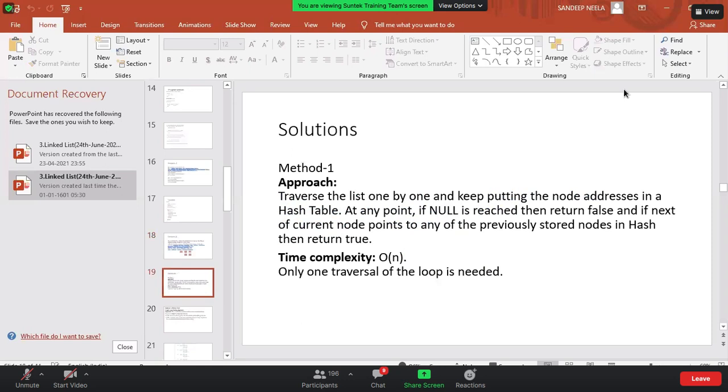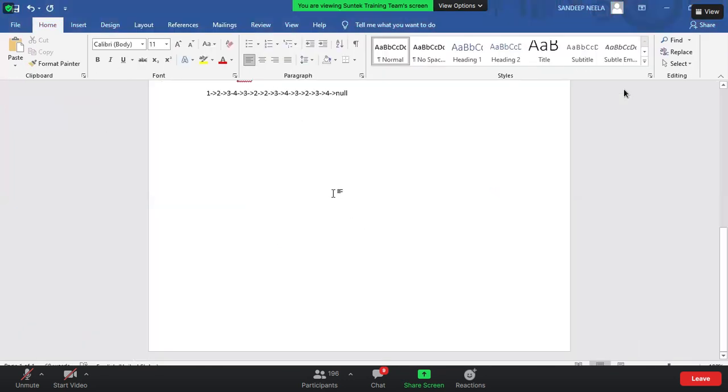Okay. Let me tell you briefly about the hashing technique. What is hashing and how does it work? Whenever we create any class or any object, Java or any language will create a hash code for that object, or for that node of that class. So in Python or Java, we create a class for the node. For every object, Java or Python will create a hash code. So what is a hash code? A hash code is nothing but a unique